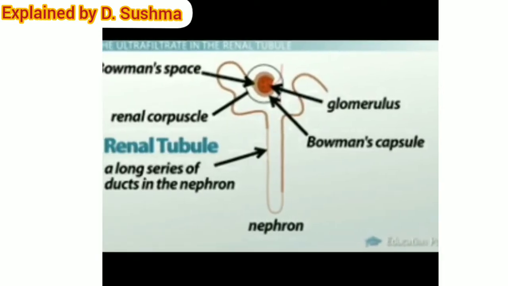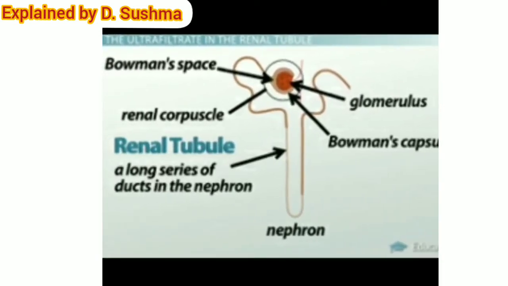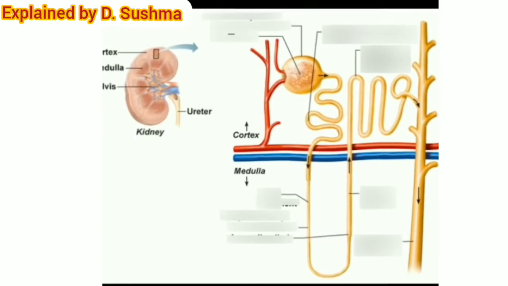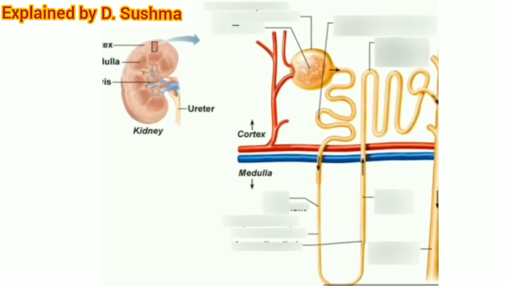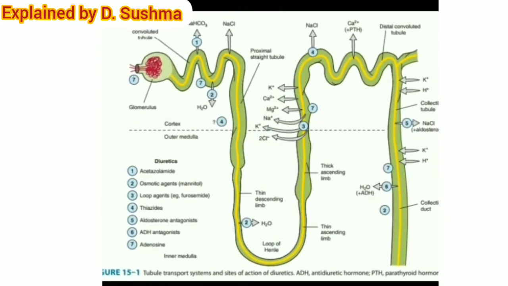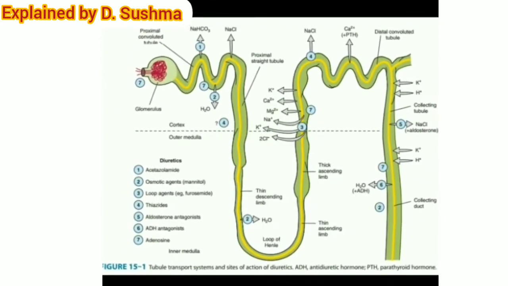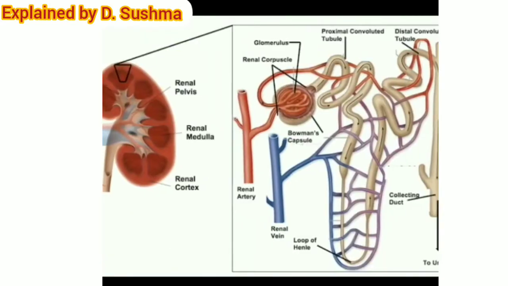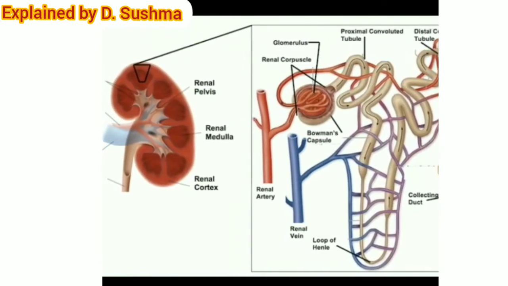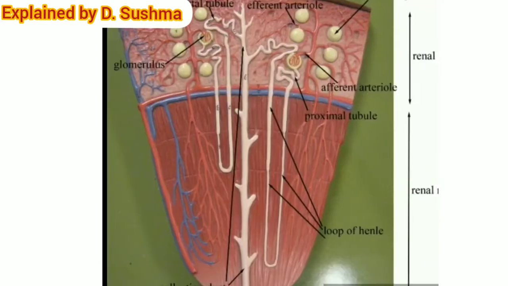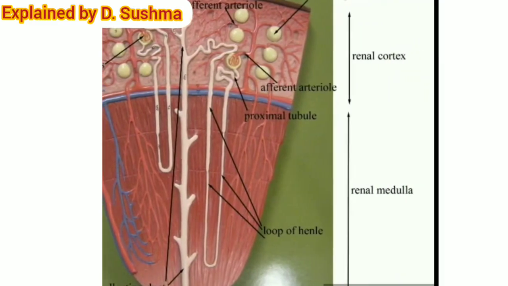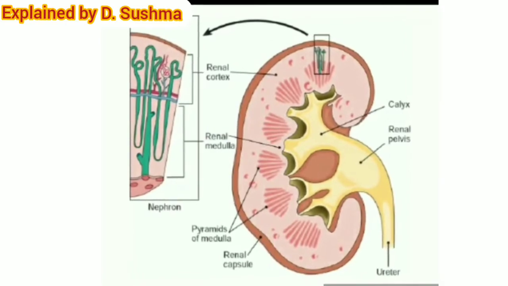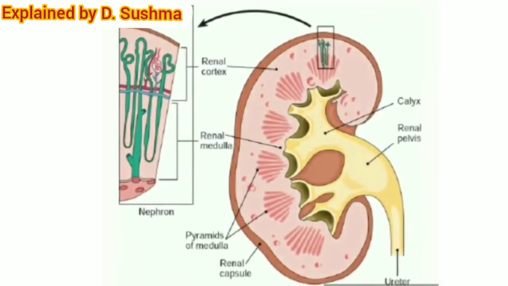Distal convoluted tubules open into a collecting tube. Collecting tubes form pyramids and calyces which open into the pelvis. Pelvis leads into the ureter. All the parts of the renal tubule are covered by a network of peritubular capillaries formed from the efferent arteriole. The peritubular capillaries join to form renal venule, which joins other venules to finally form the renal vein.